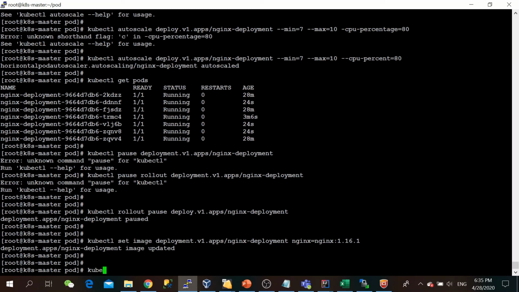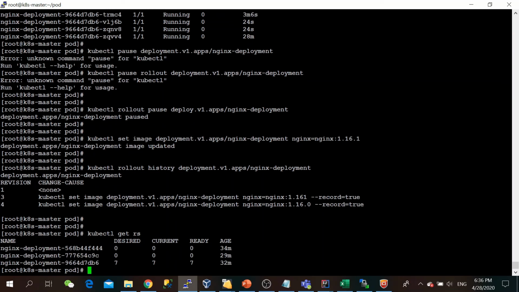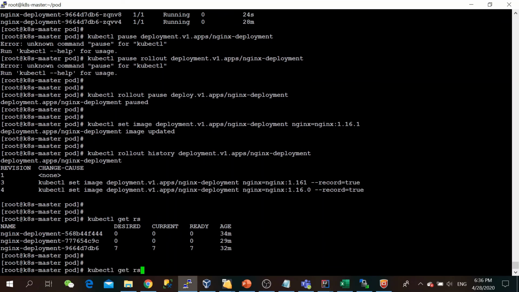Let's see, kubectl rollout history, and then copy this. So we can see that this one is not yet triggered. Also, we can verify by checking the status of our replica set and pods.